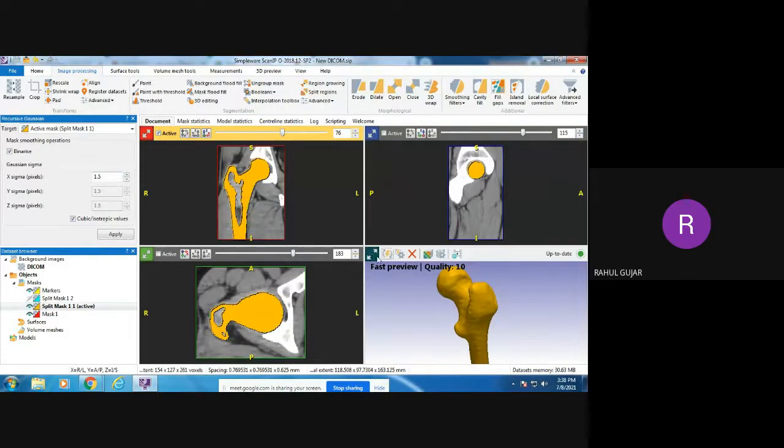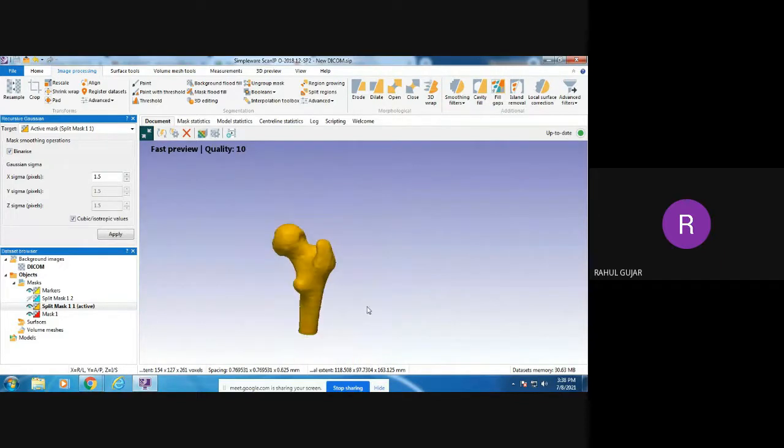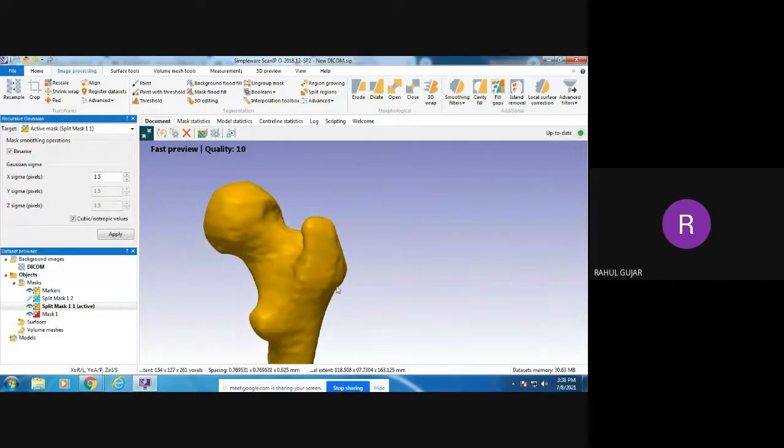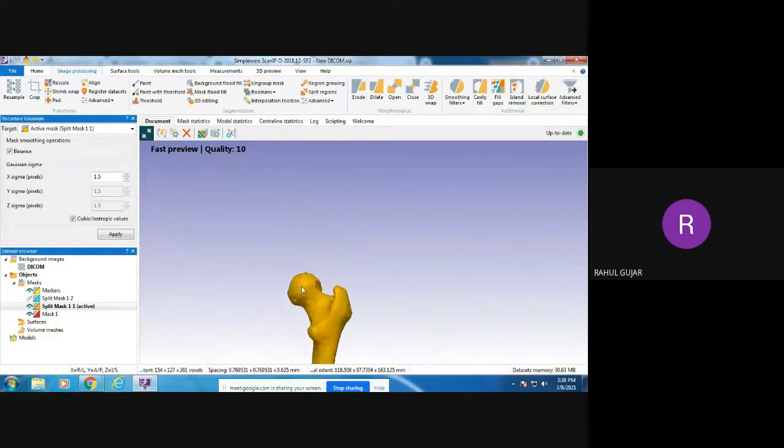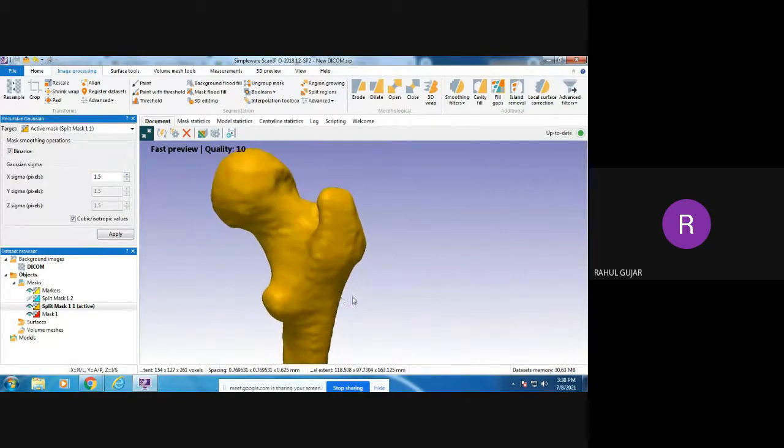I think that much is a sufficient model from the smoothness point of view. You can also convert this model as per the required extension. As I told you, if you require to create the FE model to carry out some analysis, finite element analysis, to find out the properties of that bone, for that purpose we require to create the FE model. And for this, we want to create the models.